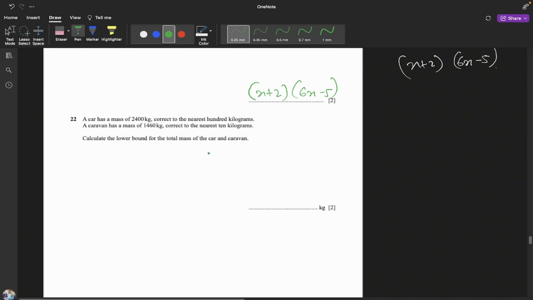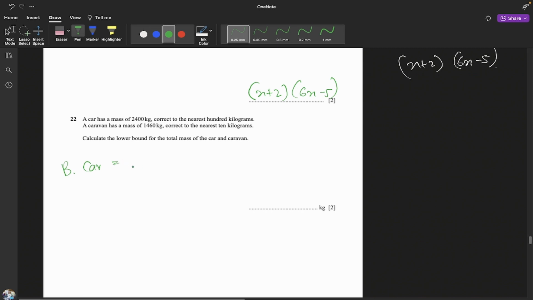Okay, now let's go to 22nd question. So a car has a mass of 2,400 kilograms, correct to the nearest 100 kilograms. A caravan has a mass of 1460 kilograms, correct to the nearest 10 kilograms. So, okay, the boundary level of the car